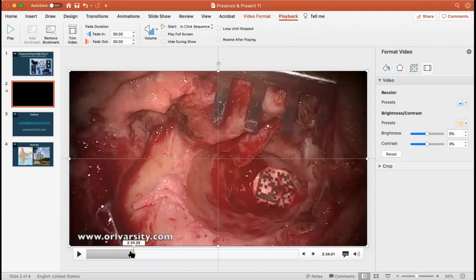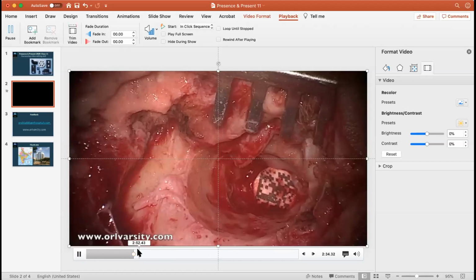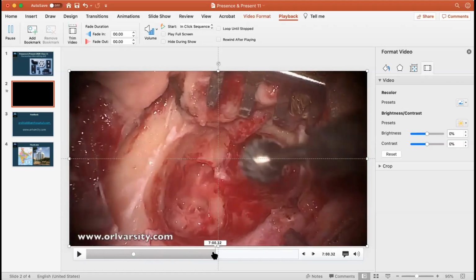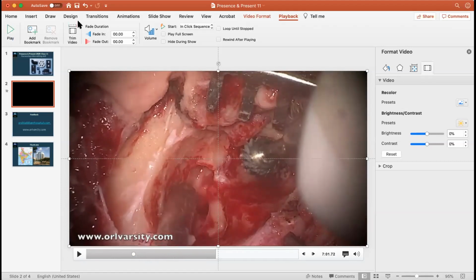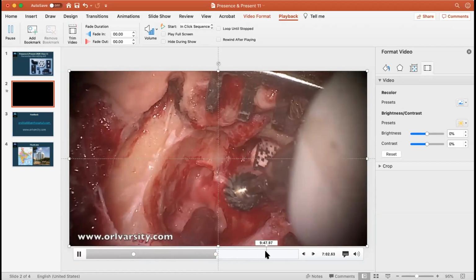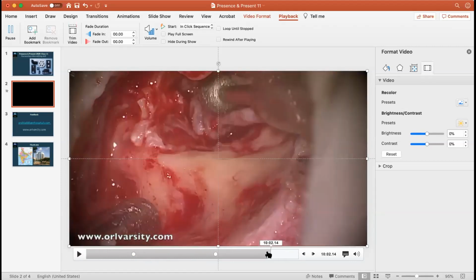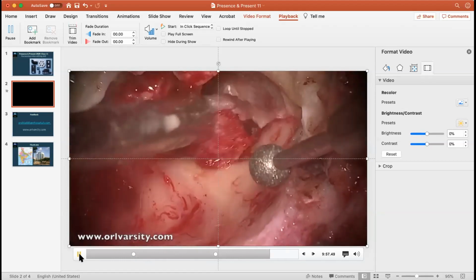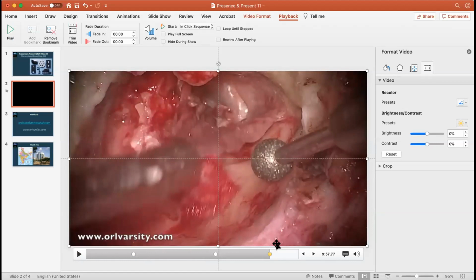One more, where we are reaching the antrum. Reached antrum. So I am going to add another bookmark there. Where I'm starting the canal wall down mastoidectomy, play. So the canal wall down mastoidectomy is being done here. I'm going to pause and add a bookmark.